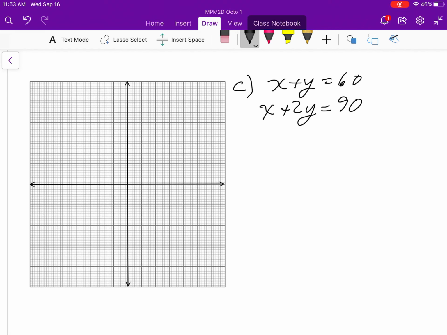We'll take a look at example C here, and we'll graph these, try to find out approximately what the solution is here as well. So again, first step is label each equation with equation 1 and 2. That way we can communicate about it. So from equation 1,